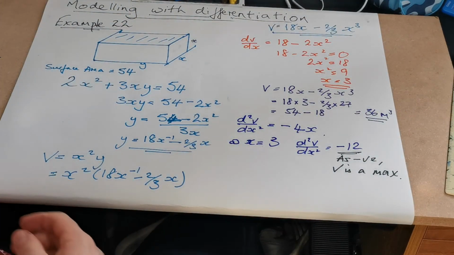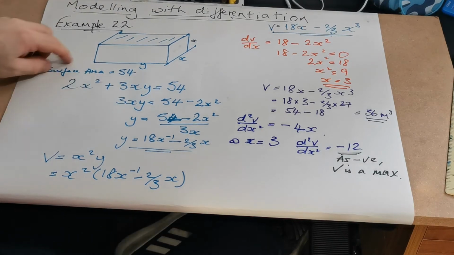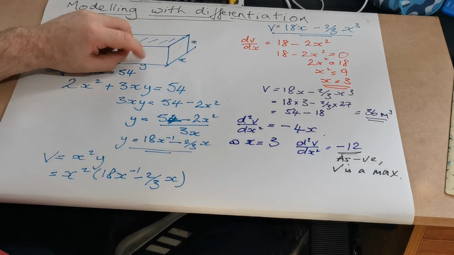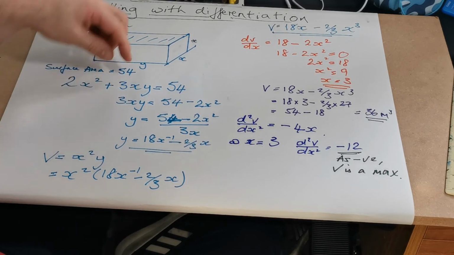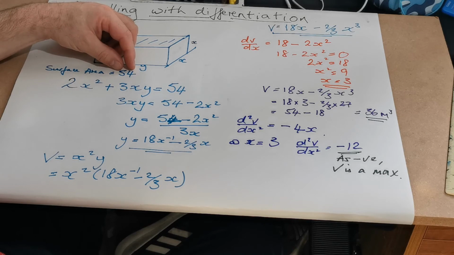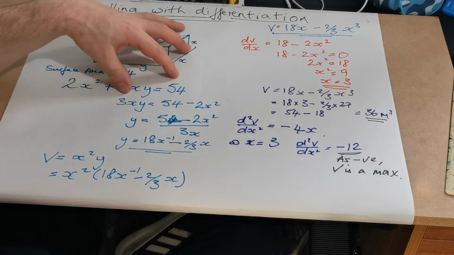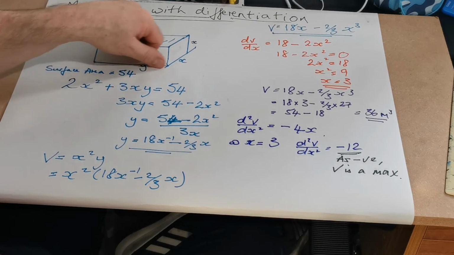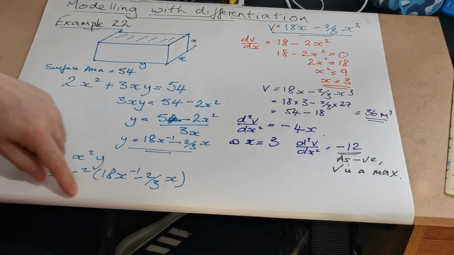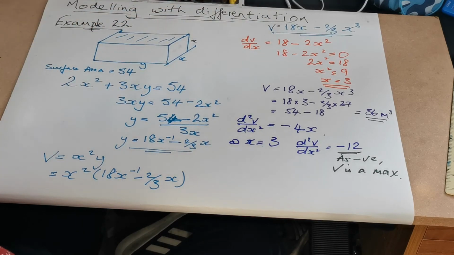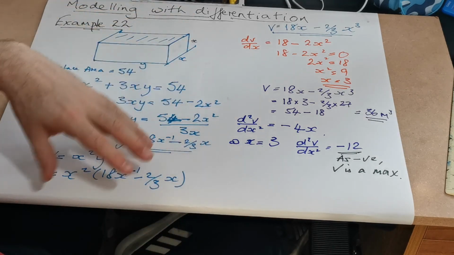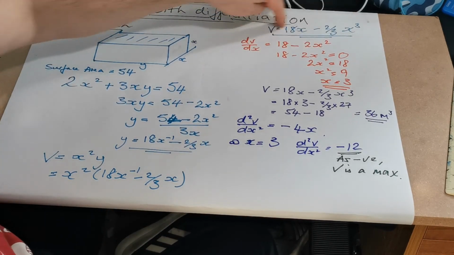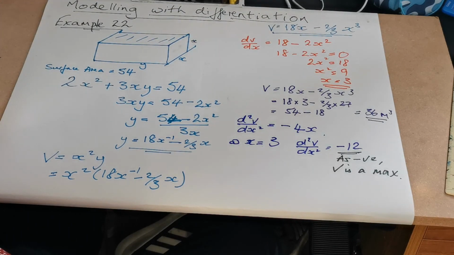So very, very typical problem. I particularly like this. The idea that there was a bit in there that you didn't know how to find, and that was that length there, which was so important to find in the volume. But the fact that they'd given you the surface area gave you the clue. You had to work through the surface area, so that would help you find what that value was. Then you could progress on to working out the volume. And then this is like the modelling bit, working with the model to find the actual relationship of the volume, and then